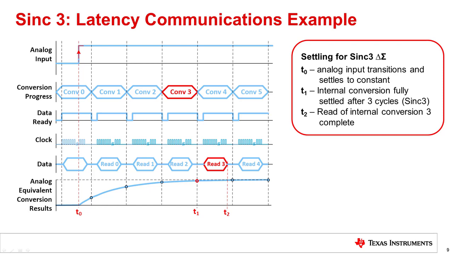One point to mention here is that the timing is not necessarily to scale. For example, a conversion cycle may take 16 milliseconds, but the data communications may only be a few microseconds long. The main point here is to illustrate how latency is an internal settling of a digital filter, and that the data cannot be retrieved from the device until after the latency delay. Next, we'll repeat the example for a high latency filter.